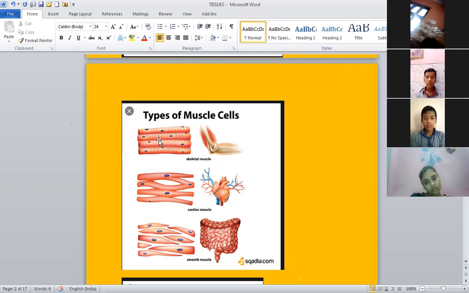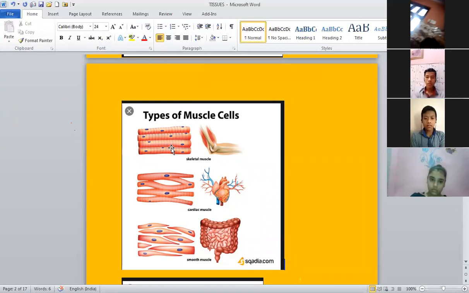This is the light band, this is the dark band. That's why they contain light and dark bands. That is the reason they are known as striated muscle fibers. These bands are also known as striations. So, we can give them three names: skeletal muscle fiber, striated muscle fiber, or voluntary muscle fiber.